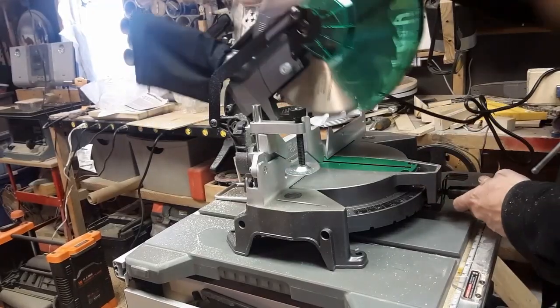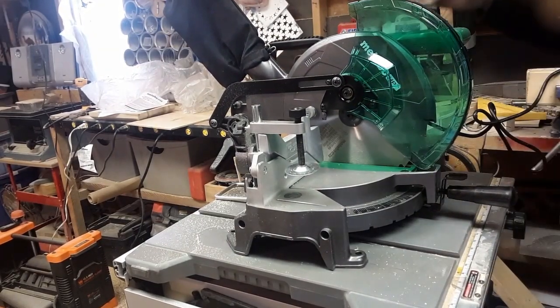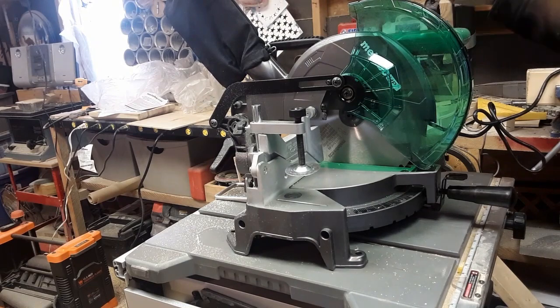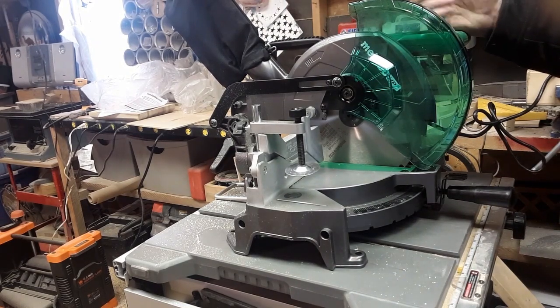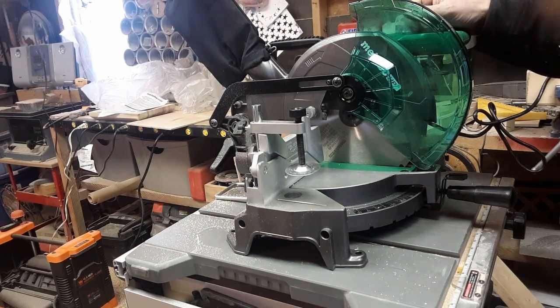This is quite nice. And just lock that pin in place when you're done. And yeah, this is what it is. It's a $99 saw from Lowe's, made by Metabo, which used to be Hitachi Power Tools. And is it